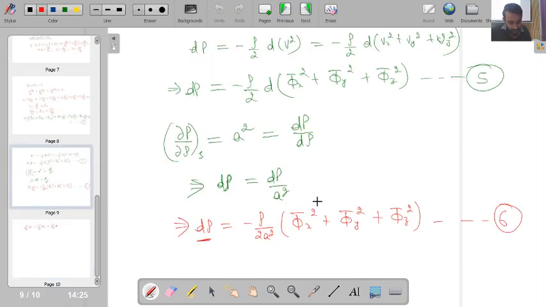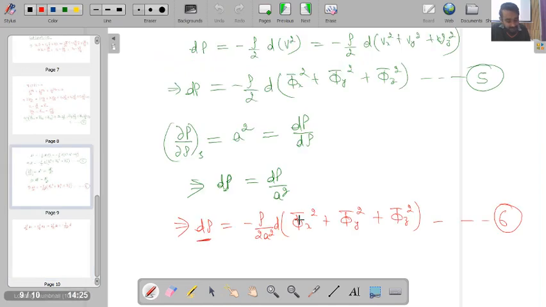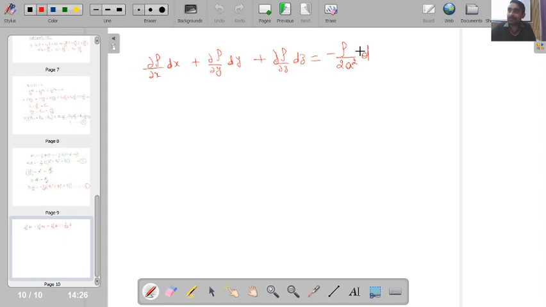This will be equal to, sorry, one mistake I made here, there will be one d also, minus rho by 2a square and then I will have d of phi bar x square plus phi bar y square plus phi bar z square. So I can write del by del x of phi bar x square plus phi bar y square plus phi bar z square into dx plus del by del y of phi bar